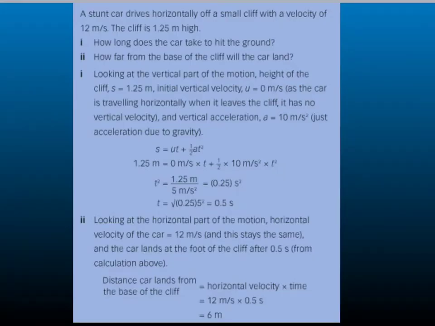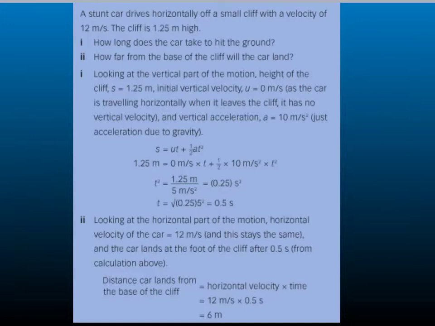Okay, so here is the solution. We've got a stunt car that drives off horizontally a small cliff with a velocity of 12 metres per second. The cliff is 1.25 metres high. 1. How long does the car take to hit the ground? And 2. How far from the base of the cliff will the car land? Now for number 1,